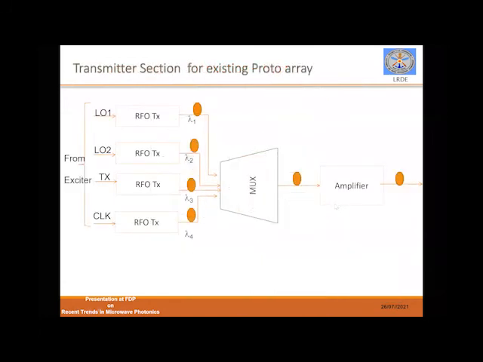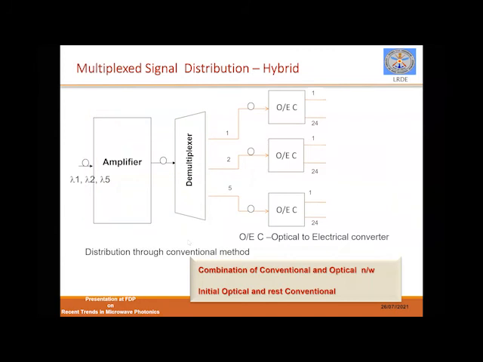say the second scheme, the transmitter section will be like this, that is five signals. You assume that these are the five signals to be distributed to the antenna. One is local oscillator signal 1 and local oscillator 2, and the actual radar transmit signal and the clock. And all these signals, here only four are shown. You assume that in the previous case I have taken five. So four signals we have to multiplex, and then